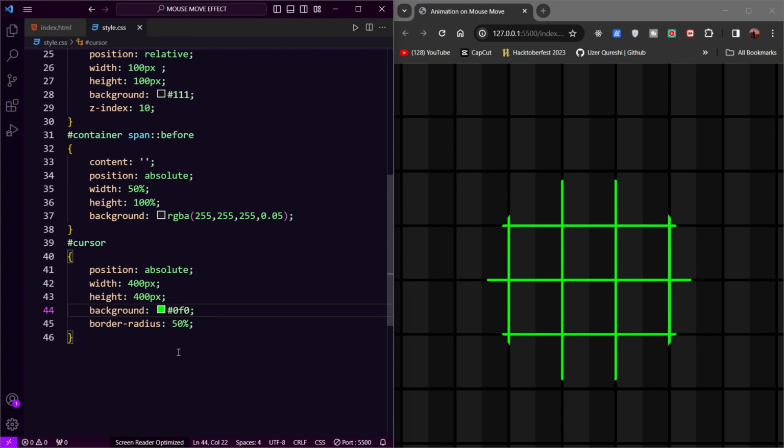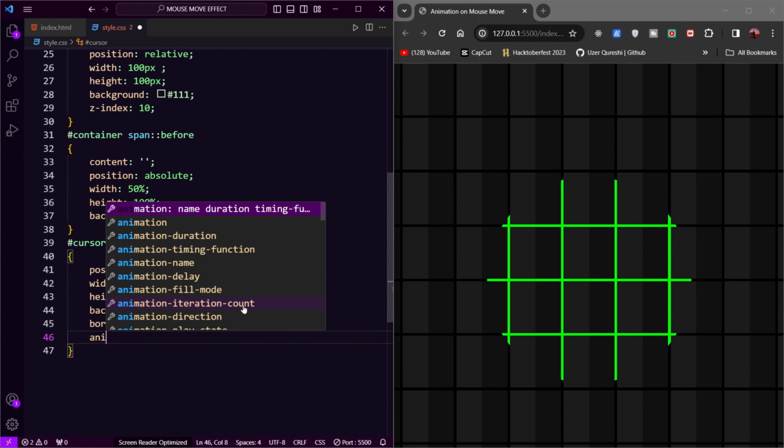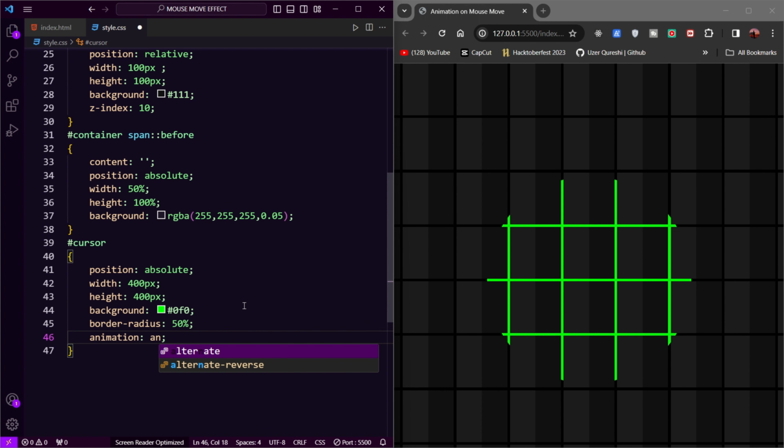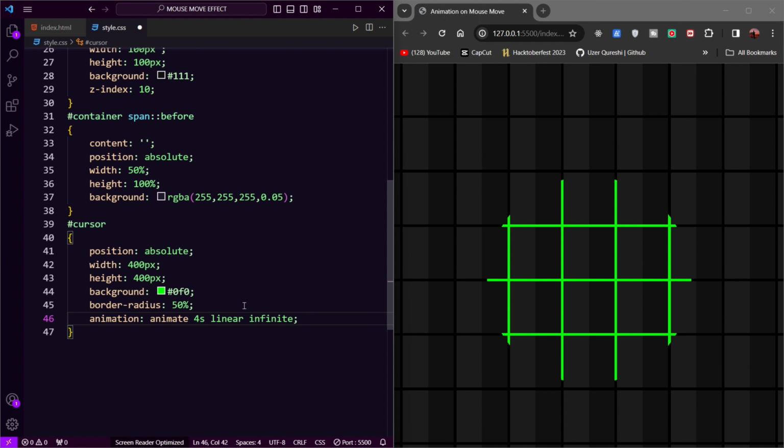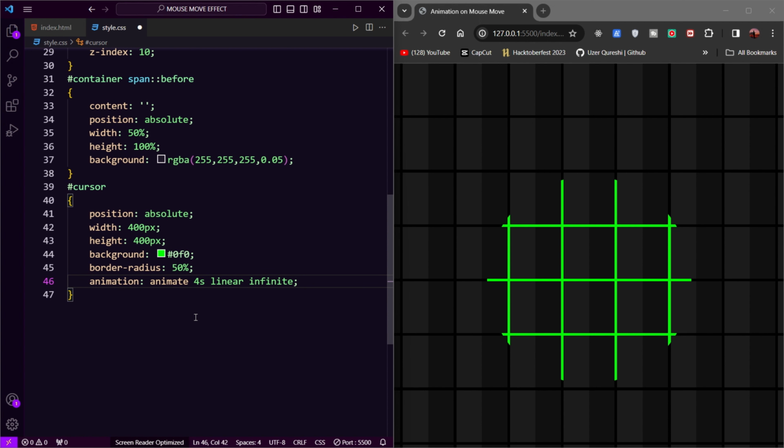Now let's go ahead. Now we have to give some animation: animate 4 seconds linear infinite. Now what animation we have to give is